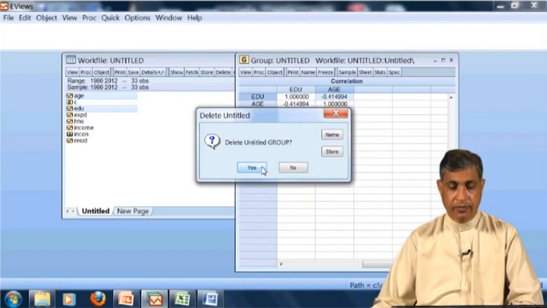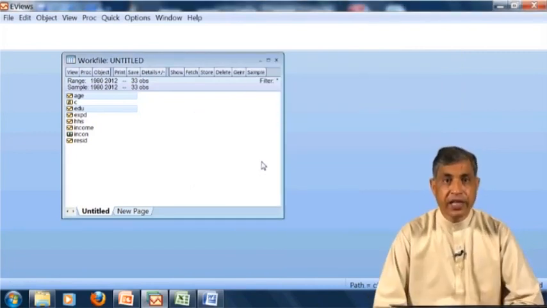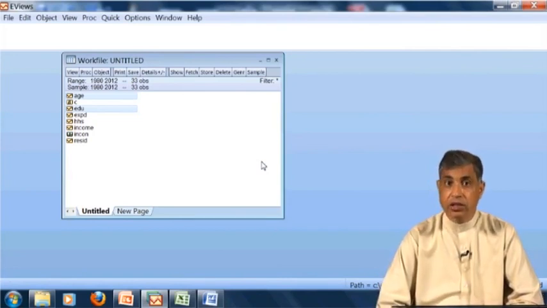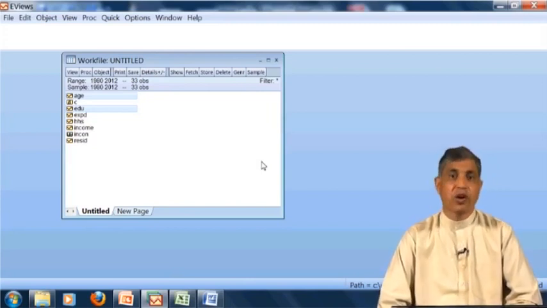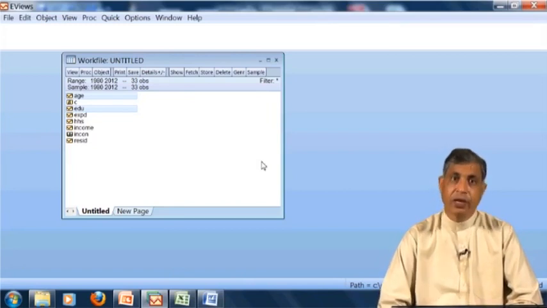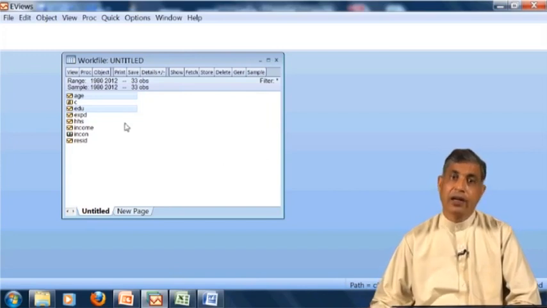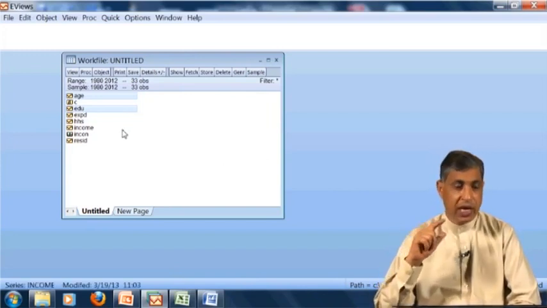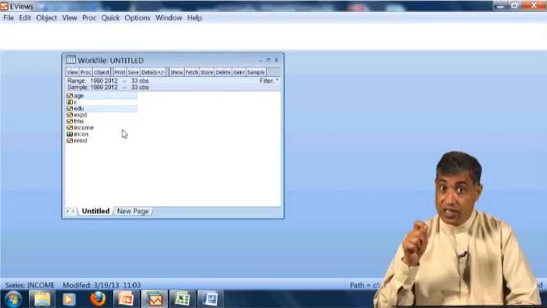Now if you remember, we said that the correlation between x and y is equal to the correlation between y and x. So we have to prove it here, because at that time we were only talking about it theoretically. Now we have the opportunity to make it practical. So in the previous one, I took the correlation. I found the correlation between education and age, and you remember I selected the education first.